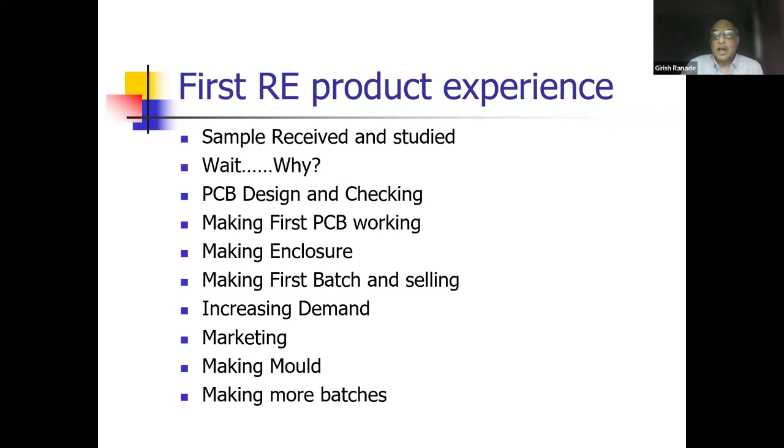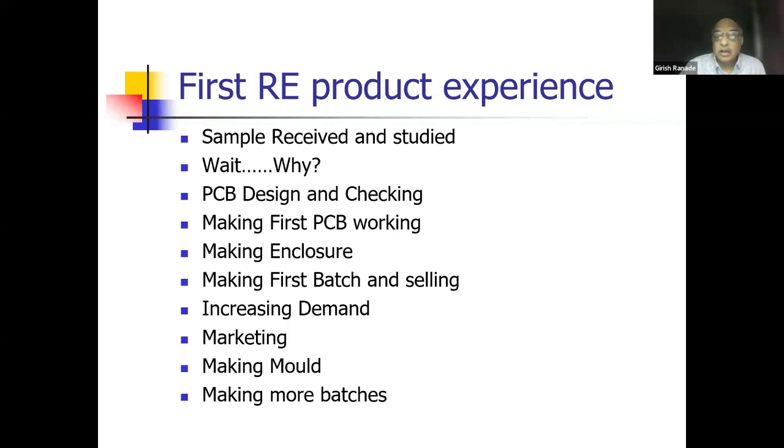Then making the enclosure was a challenge because the original one was with a mold. So what we did was we found an equivalent multimeter enclosure, and we used the bottom of the multimeter enclosure, and at the top we made a simple plate of say HIP or plastic plate, and we got it painted and printed, and we made the first batch and supplied 50 numbers. So it was fantastic. I mean, without knowing the circuit, we could reverse engineer it.